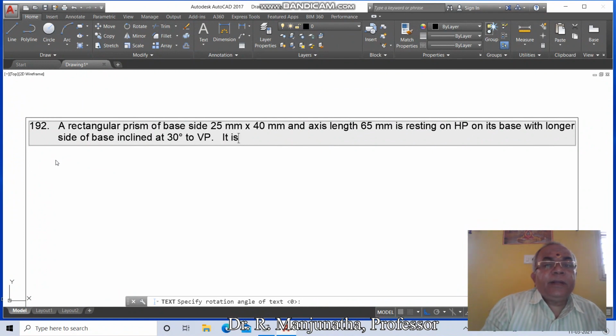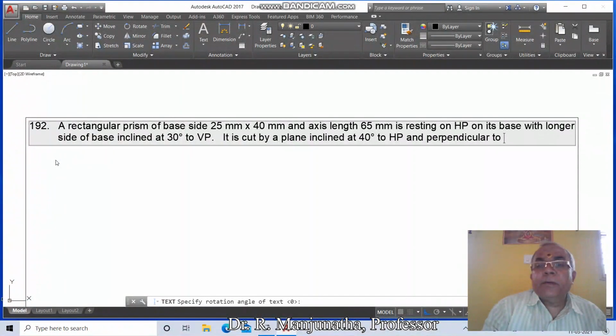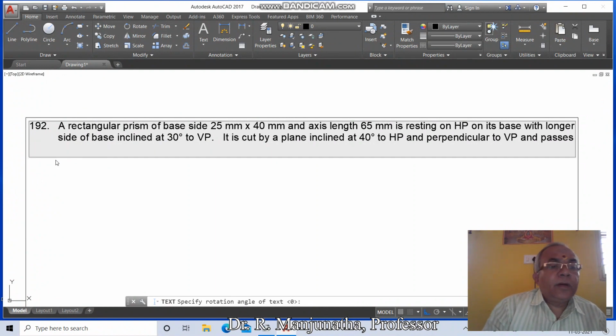It is cut by a plane inclined at 40 degrees to HP and perpendicular to VP and passes through the extreme left corner of the base.